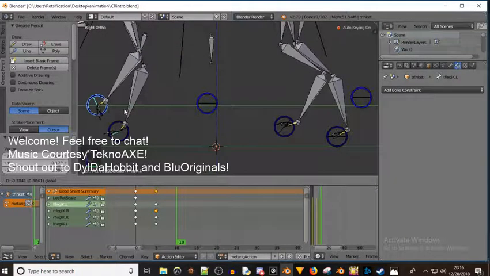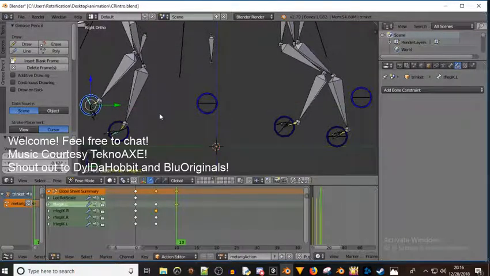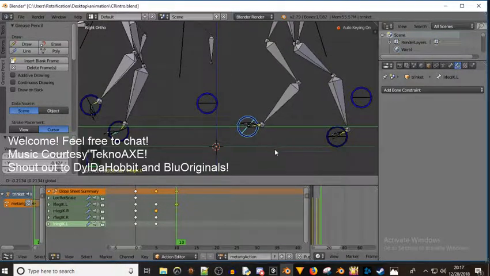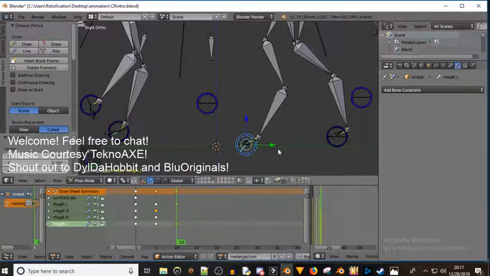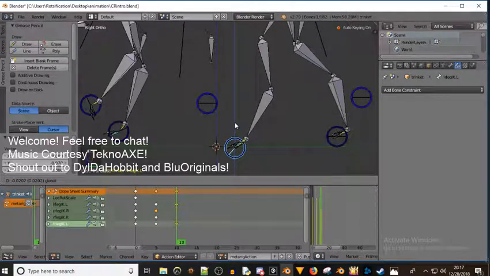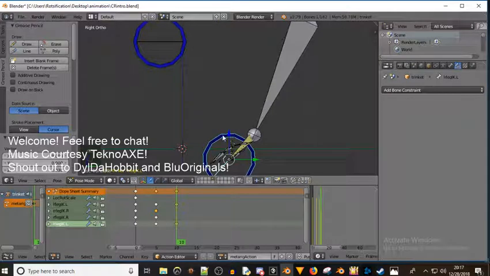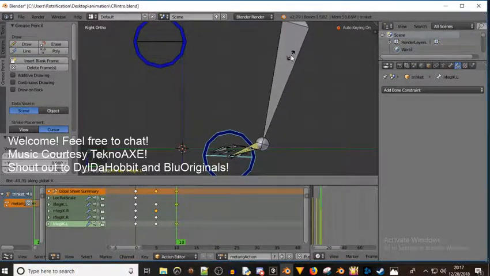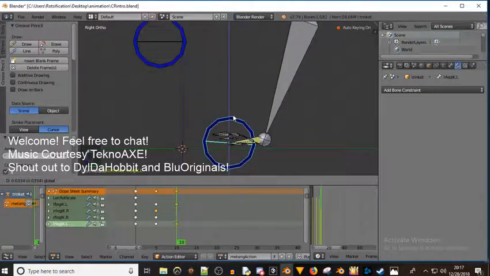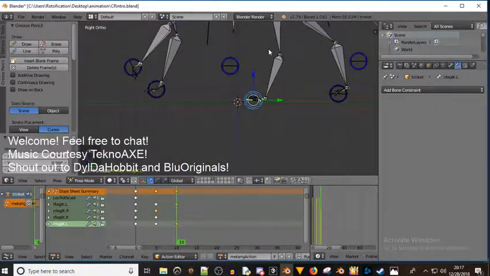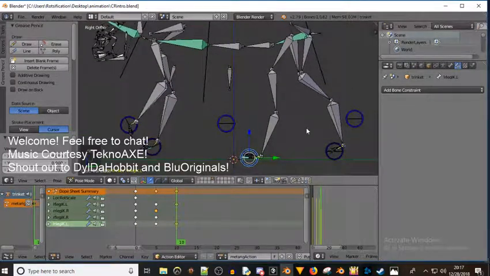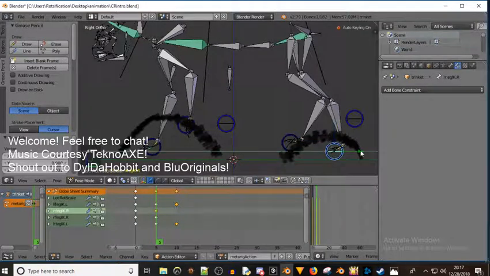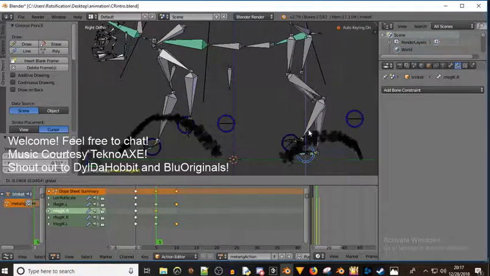And this paw is going to be in the front. And this paw is going to be down. Something like that. Go back to this frame. Bring this